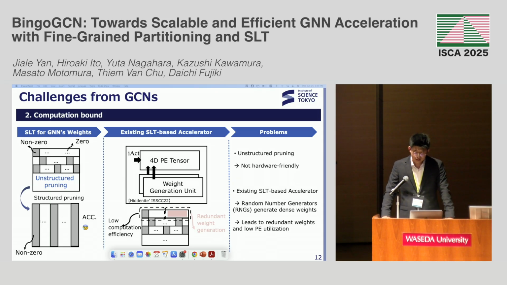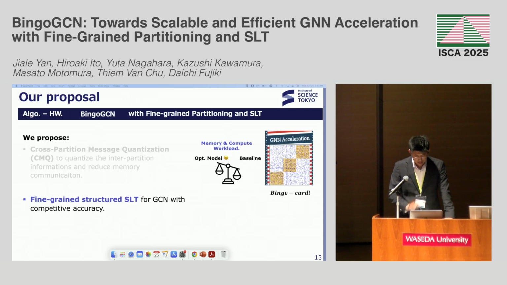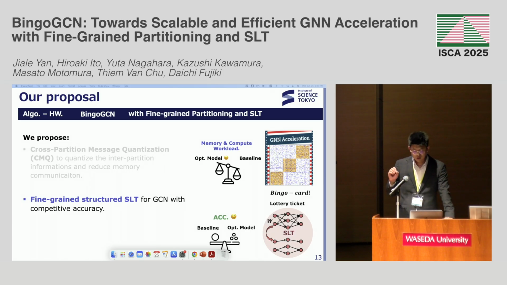This leads to generating many unnecessary weights, lowering PE utilization. To address these computation challenges in GNN, we adopt a structured form of strong lottery ticket that is better suited for hardware while still maintaining competitive accuracy. Each lottery ticket corresponds to a sparse, efficient subnetwork, and each partitioned heat map looks like a bingo card. So, the whole meaning of Bingo is combining the best of strong lottery ticket and partition for efficient GNN